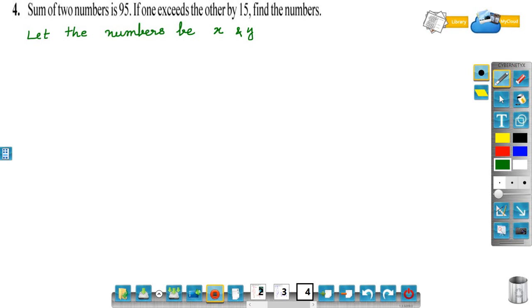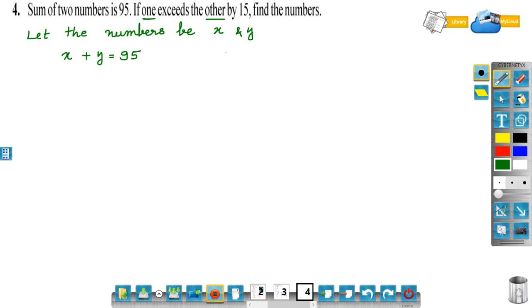Now, sum of two numbers is 95. Sum means we have to add: x plus y is equal to 95. If one number exceeds the other by 15,